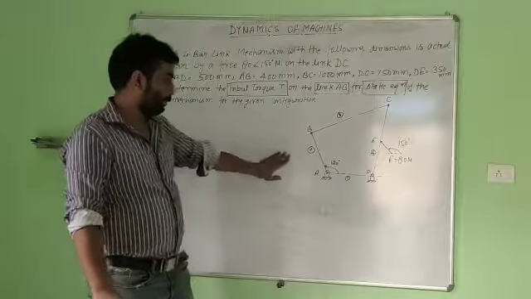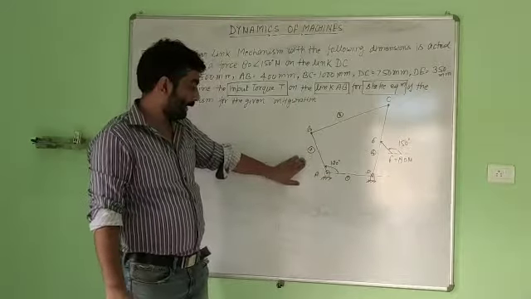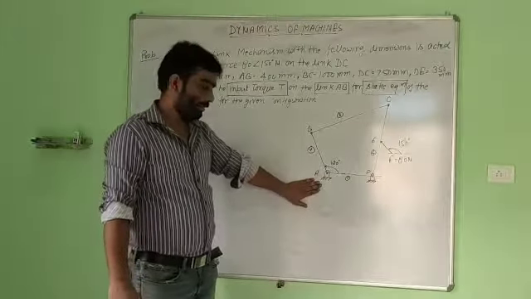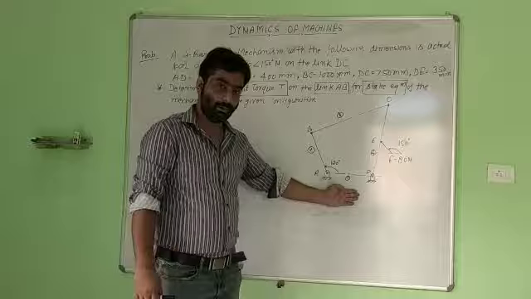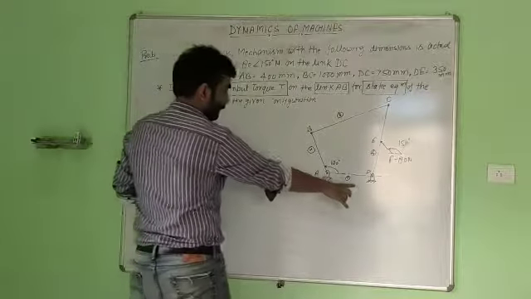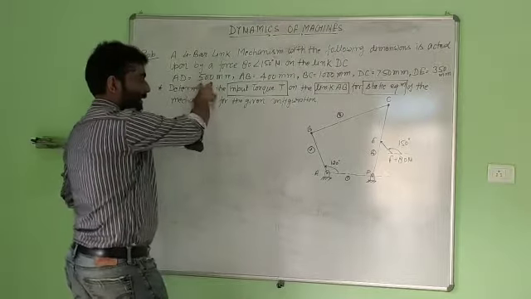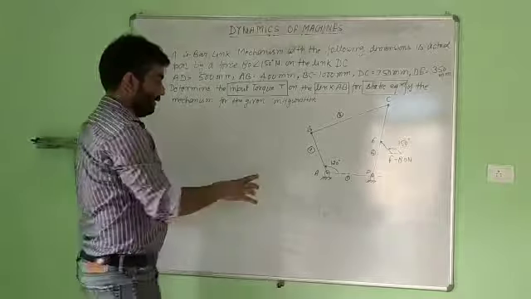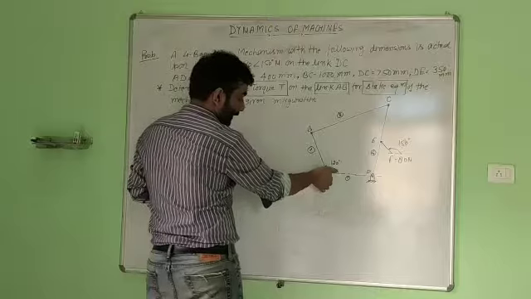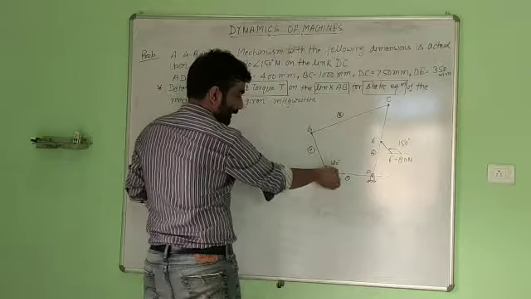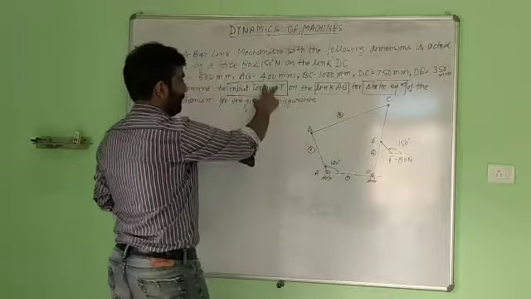First of all, we have to draw the configuration diagram. For that, we require the geometry box. Here I am only guiding you. You have to draw this configuration diagram by taking proper dimensions. First of all draw AD, 500 mm. We can scale this dimension according to our page dimension. Then from point A draw a line having 120 degree angle from AD and cut a length of AB. AB is given 400 mm.